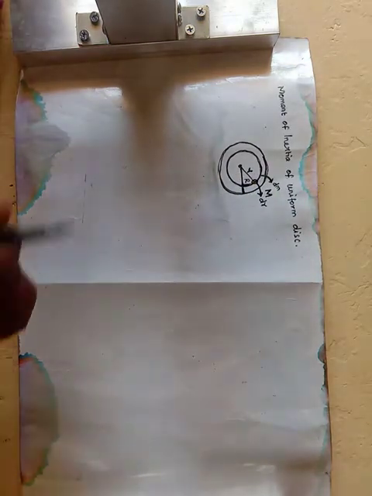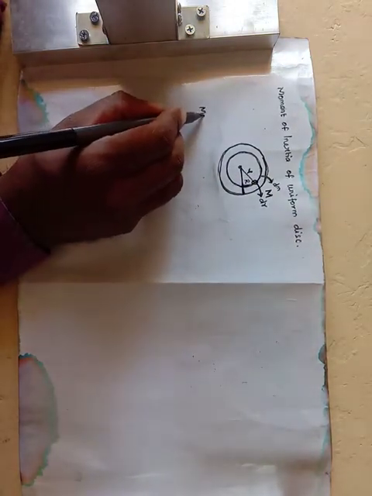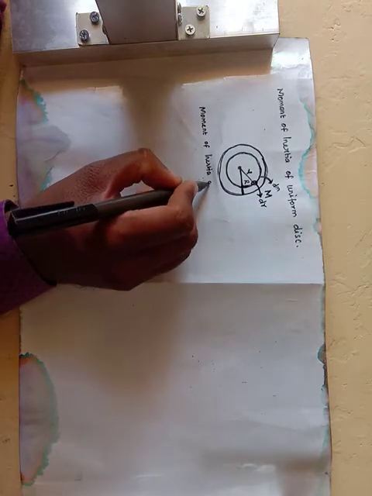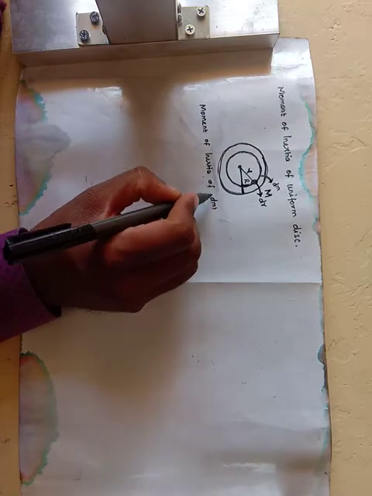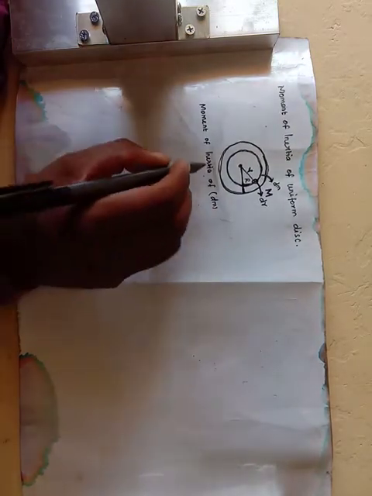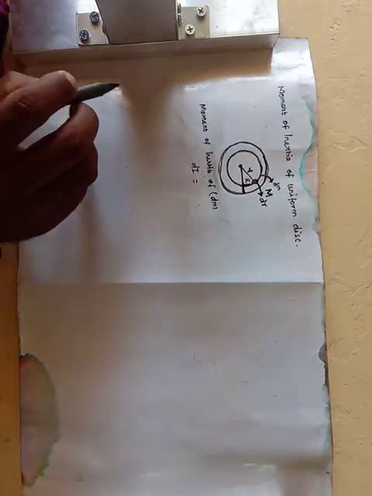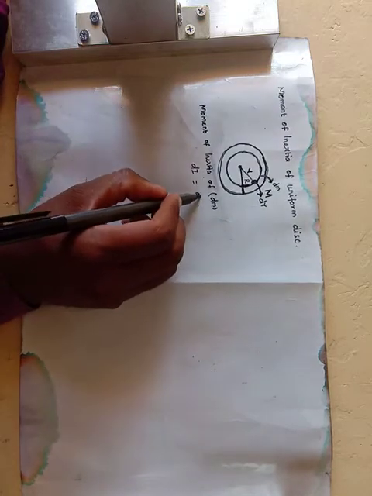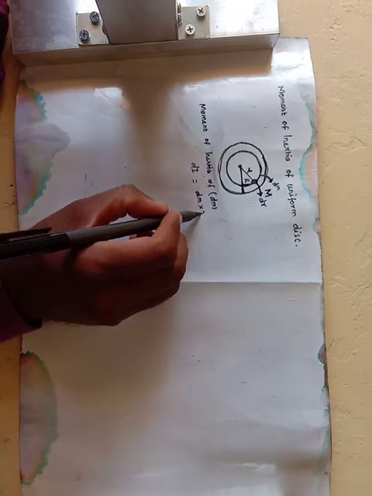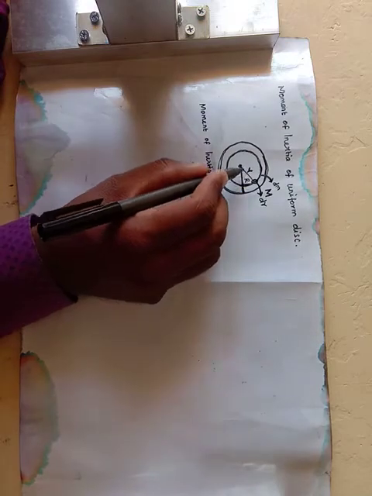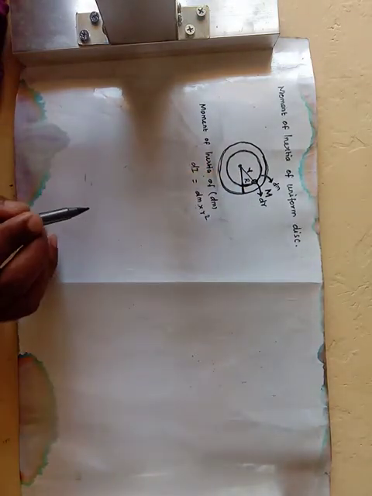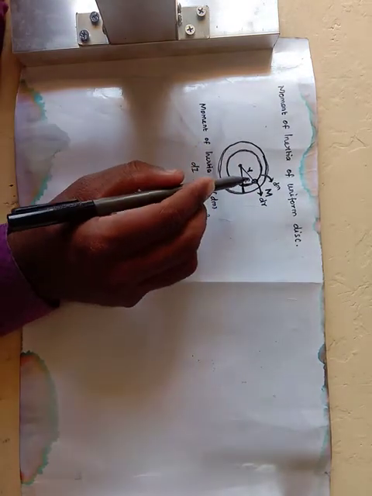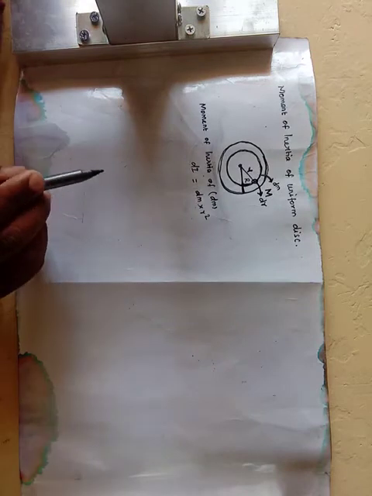So we are going to calculate the moment of inertia of the smallest mass dm. This moment of inertia is called dI. Since this is a smaller part, the moment of inertia is small. dI is equal to, already you know the formula, the product of the mass and the square of the distance. So the mass is dm and the distance is r, so dI equals dm into r square. Okay students, this mass is part of the mass of the disk that is uniformly distributed over the area.